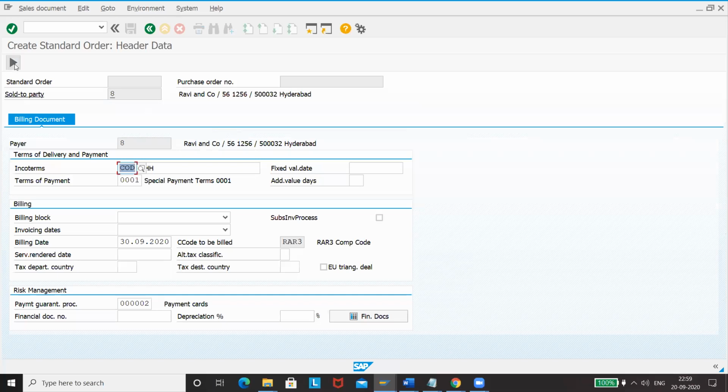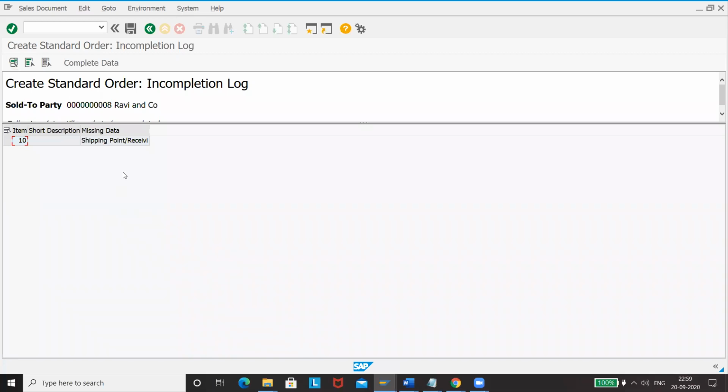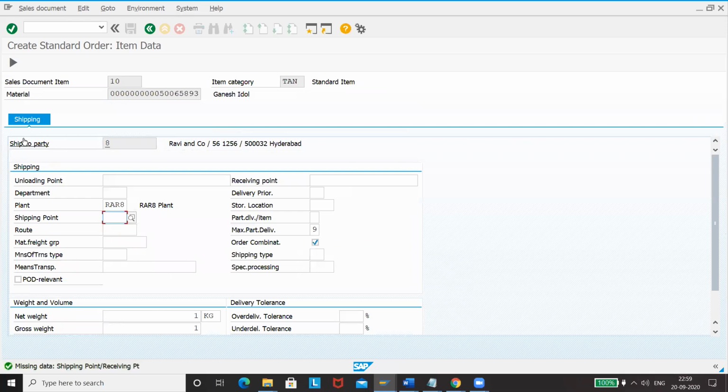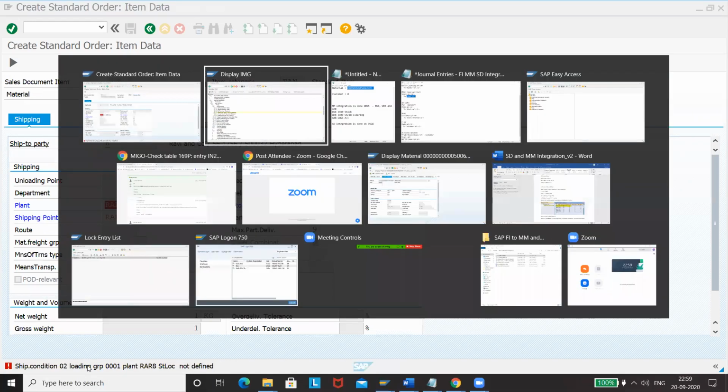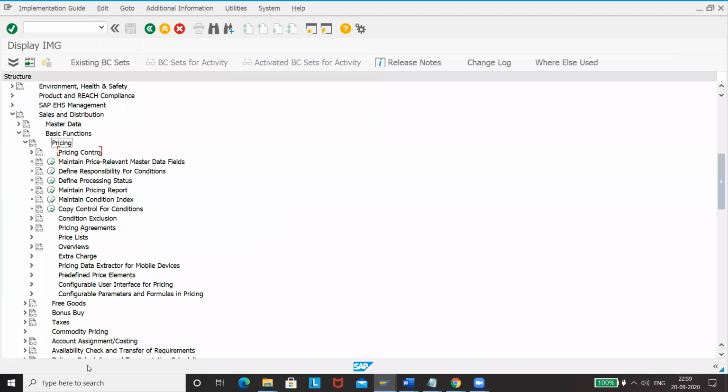Shipping point is needed here. Give the shipping point, but it shows an error. So you have to maintain this shipping point. For this, you have to go to settings again.